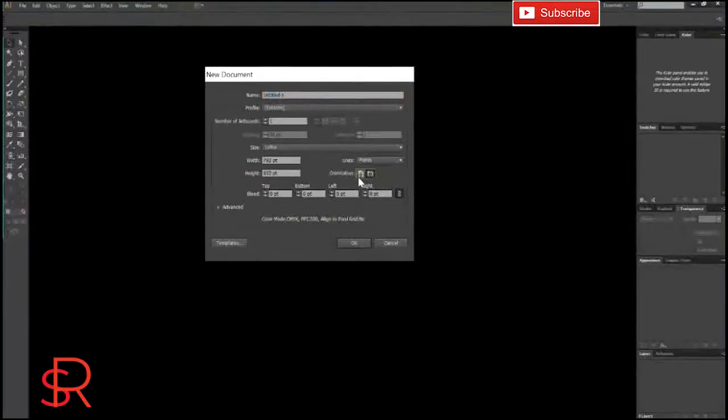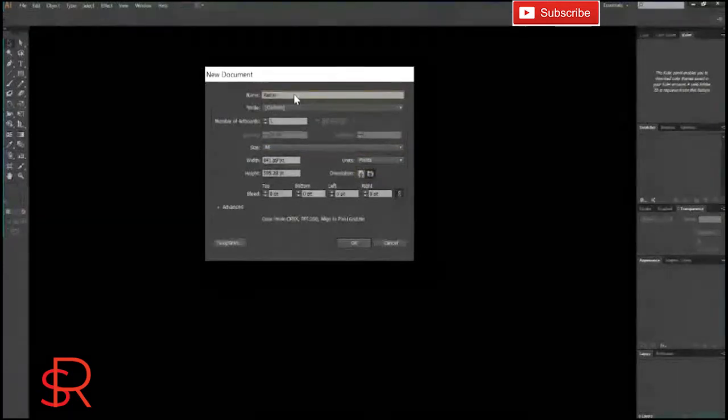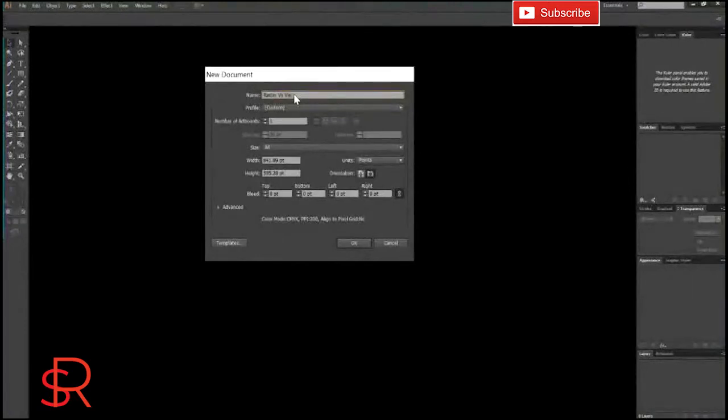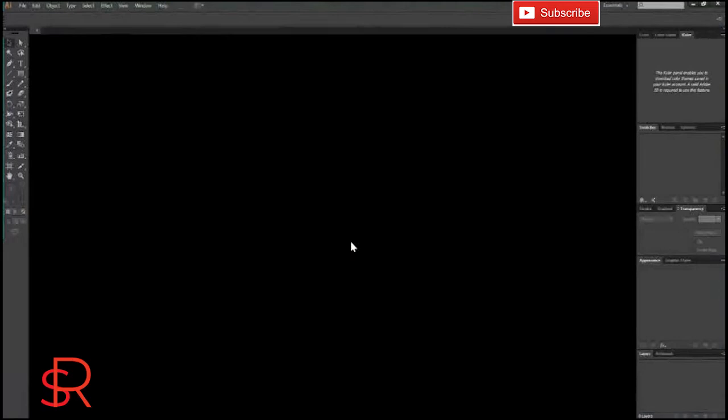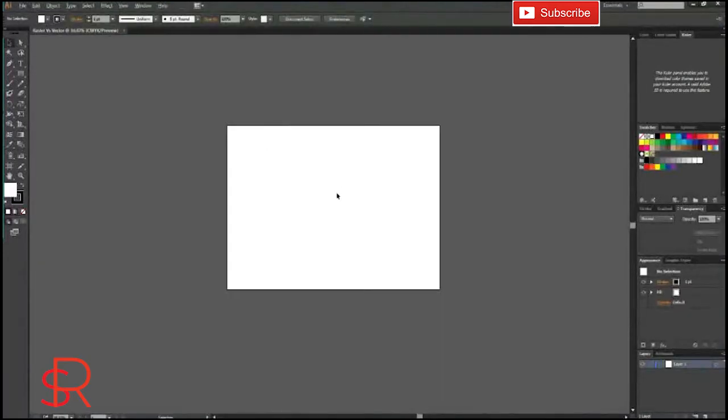In this video tutorial, today we are going to learn about the difference between raster and vector images. So, first of all, we will create a new page, a new artboard. While creating the artboard, we will make sure that we have selected the correct settings, and after that we have